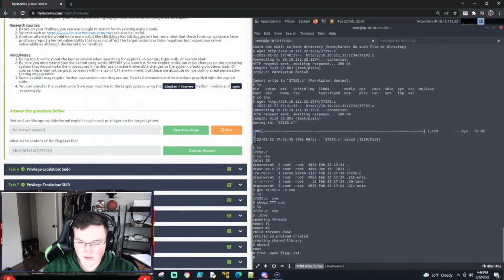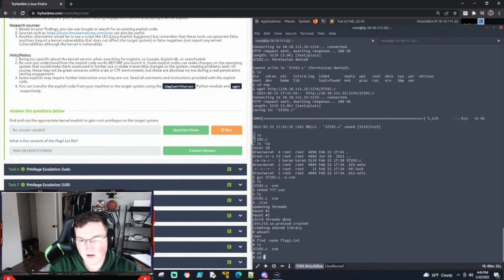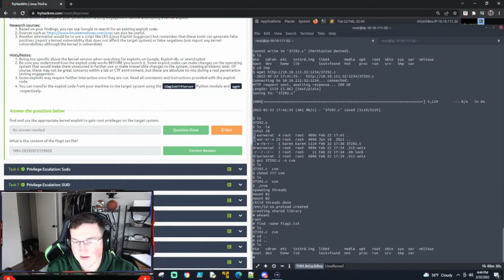All right, if I could. And you can't do that. Drives me nuts. But anyway, I'll show you guys. You're going to see a pattern here, and the pattern is pretty easy. Almost all the flags are going to be in the user or the home directory. So if I find, and I do it now looking through the root directory, which is what I didn't do on the last one,